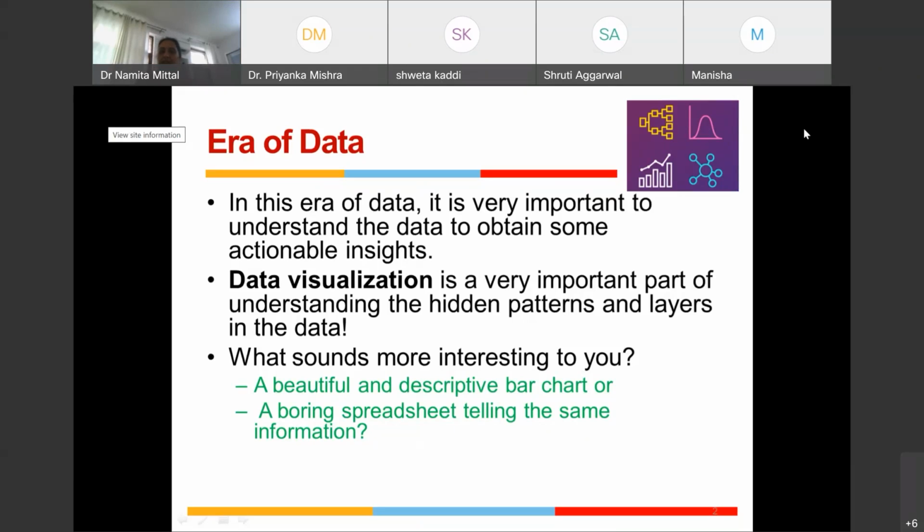So far, you must have seen that data mining is a way to get the hidden patterns. This is right. But if we can visualize the hidden pattern, that makes sense. As everyone says, one picture can say a hundred words at a time, right? So one story can be depicted in one visual. How do we do it? If I ask a question, is a beautiful descriptive bar chart good for you, or a boring spreadsheet telling the same information? Definitely the answer is,